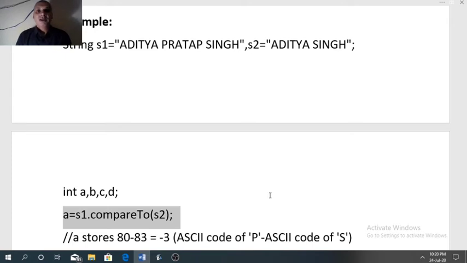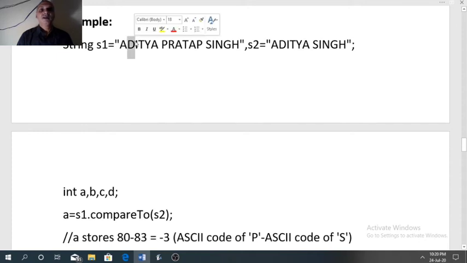Since we have not got a value other than 0, the comparison will be done for the character at the next index, that is D will be compared with D. Here also both have the same ASCII code. Again the difference is 0. In the same way, each character at the same index from both the strings is compared one by one.